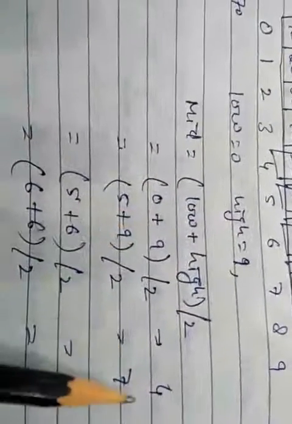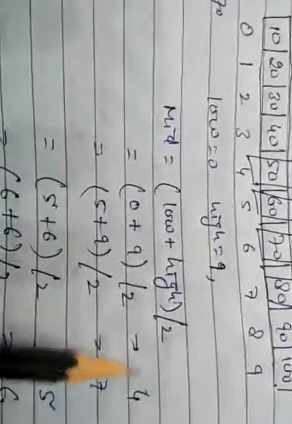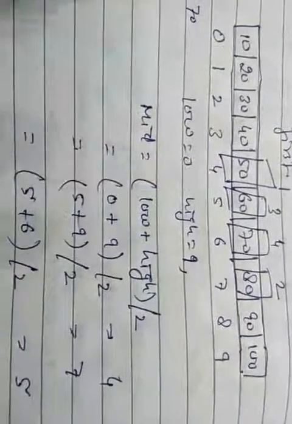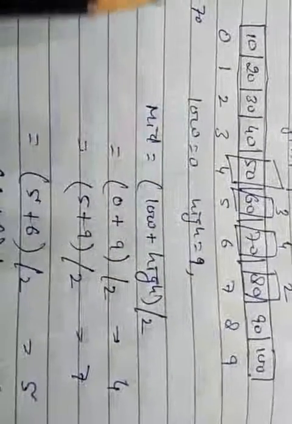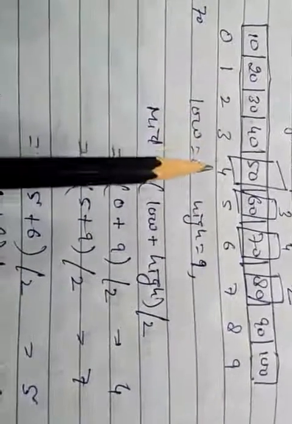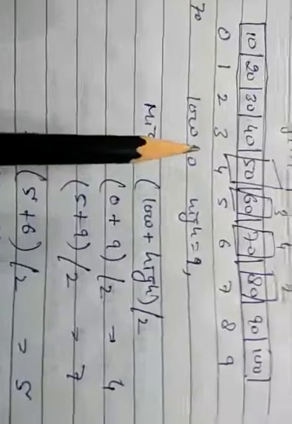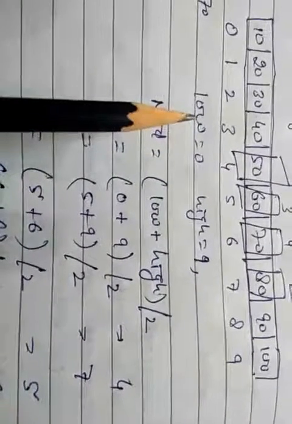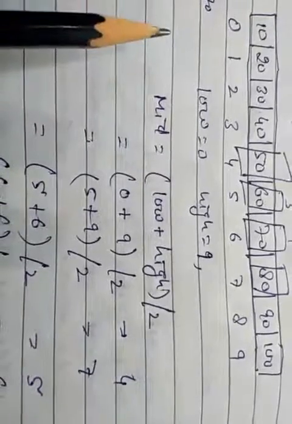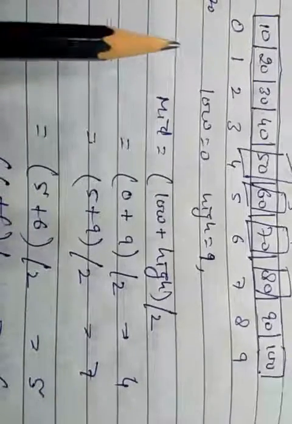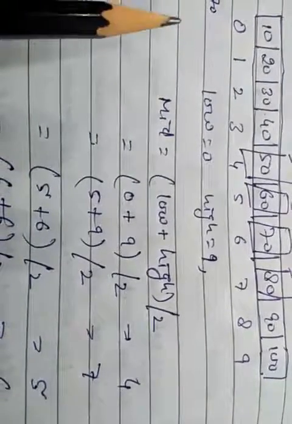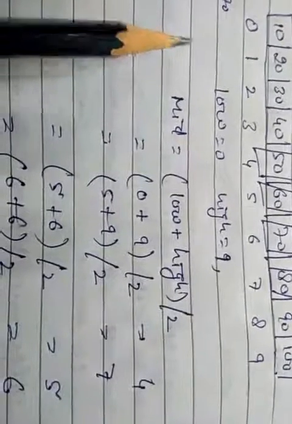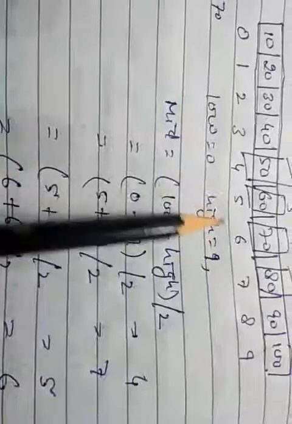So the first value of the middle element is 4, and at index 4 we are getting 50. So this is not equal to the search element 70. If the search element is equal to the middle element, then the program will stop and print the message, data search successful. There are only three situations: the number will be equal, less or greater. Here the search number is greater than the middle element, so we will move to the right hand side.